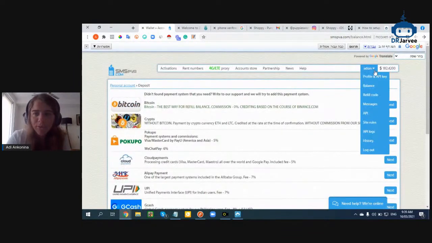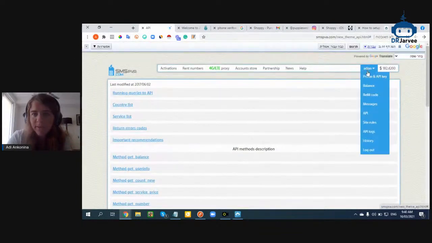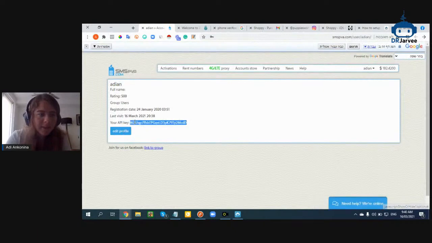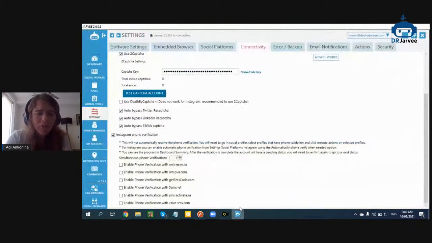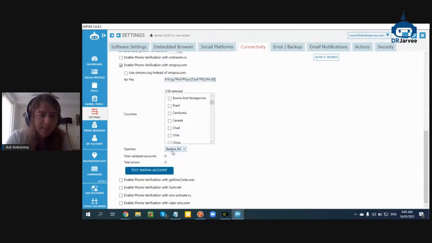After you pay them, you will also get an API code. It will be over here. Okay, no, sorry, not over here. It will be on your profile. So what you need to do is copy this API key. Remember to change it afterwards because I may forget. Then I'm going to put it over here, and I mostly like to use